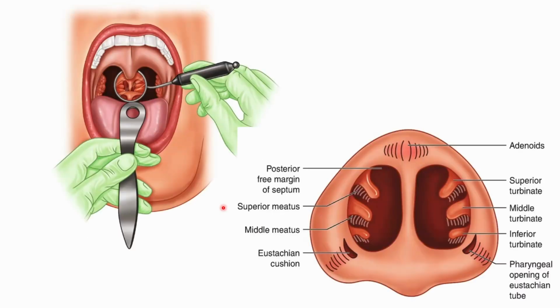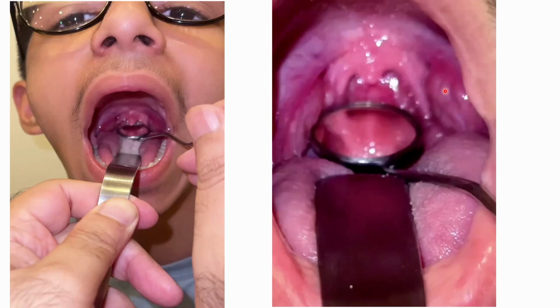So again, this is the diagrammatic representation: the adenoid structure, posterior end of the turbinates, posterior part of nasal septum. This is the posterior surface of soft palate. This is the eustachian tube opening and pharyngeal tonsil, torus tubarius. Not pharyngeal tonsil, the torus tubarius. So in the next picture I'll show later, the structures will be more clear. So again, this is the same, how you introduce it, and the close-up view of the structures you will be able